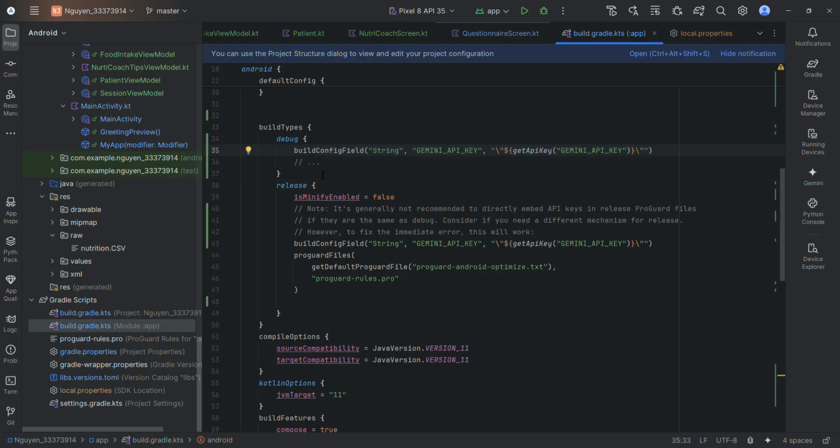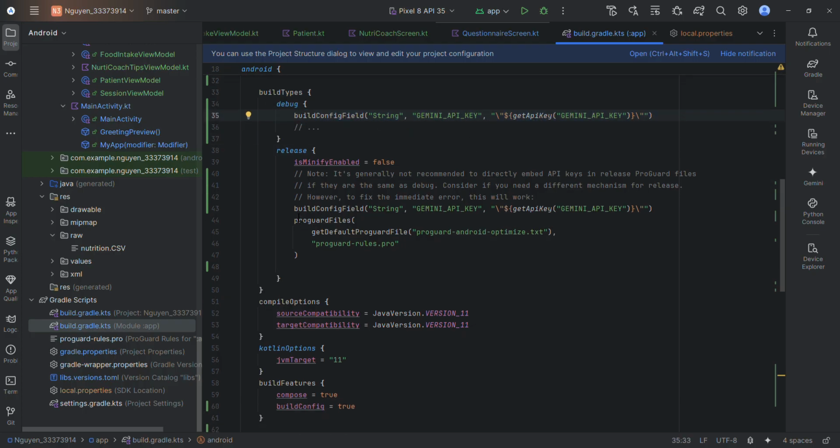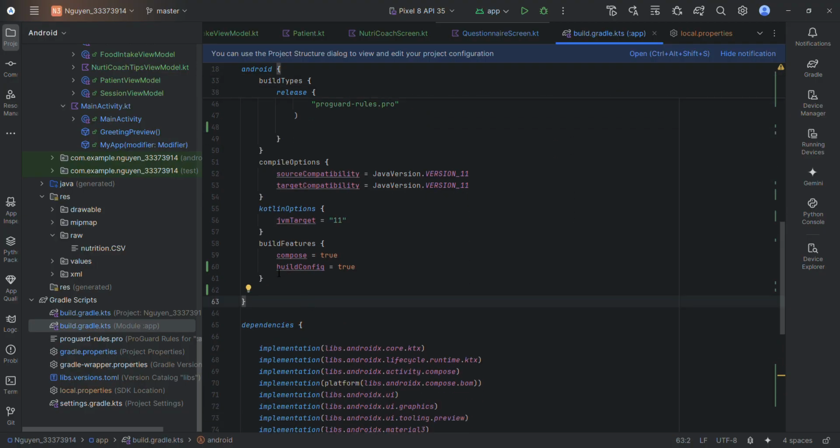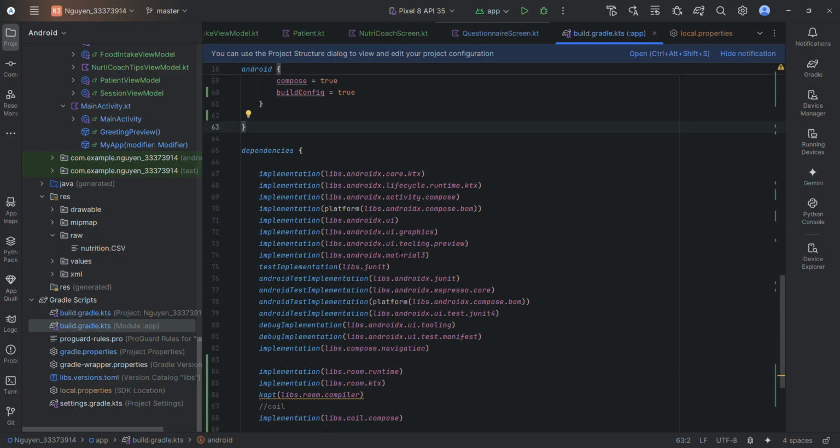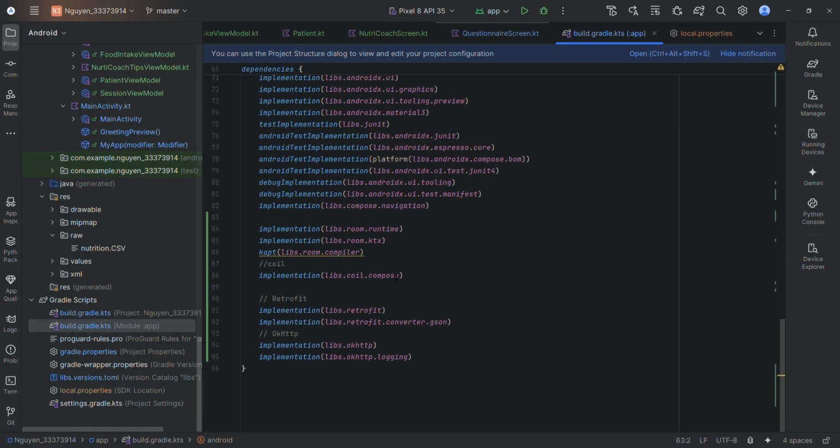config field with Gemini API key, and we declare the buildConfigField in here, string Gemini API key, getApiKey, and under this we have to, in the build features, we have to enable the build config. So we have to write buildConfig equal true, and of course to fetch the API we have to use